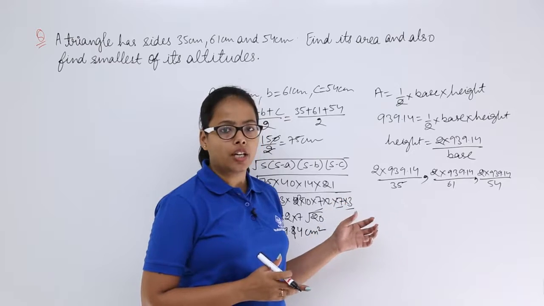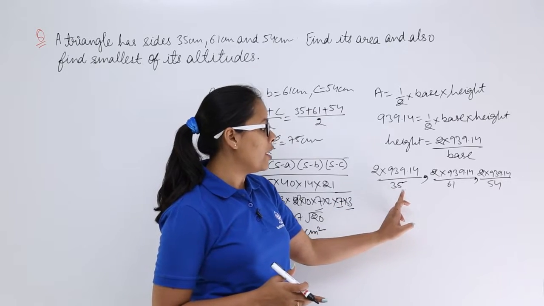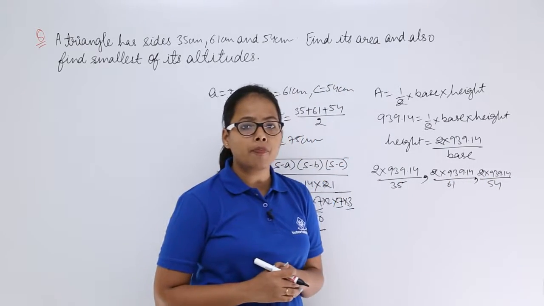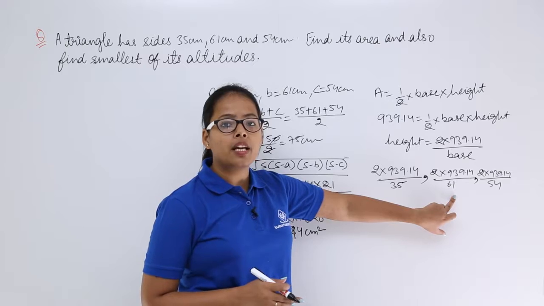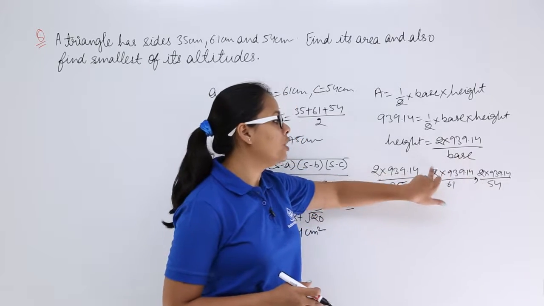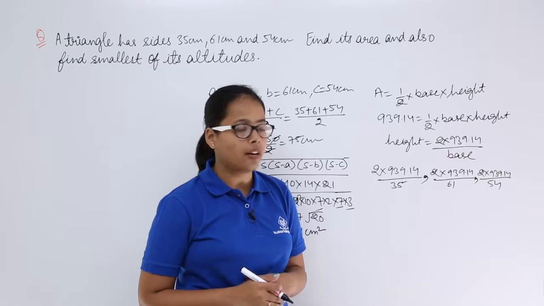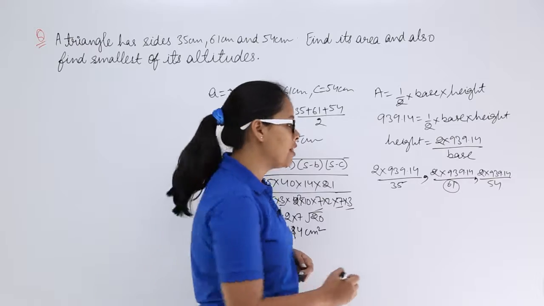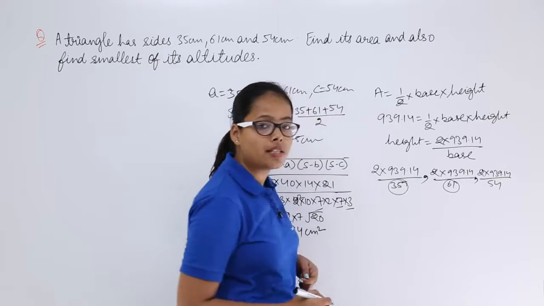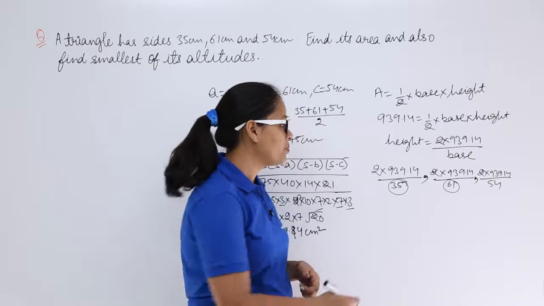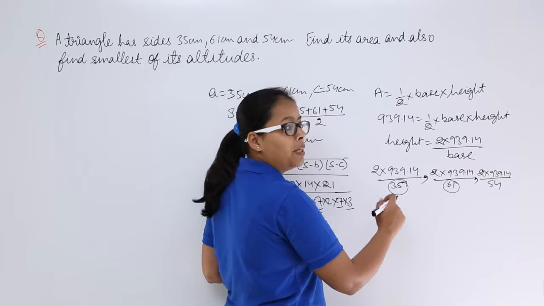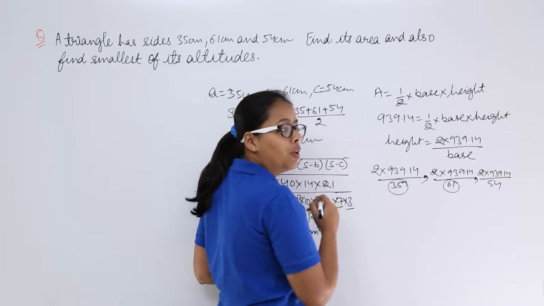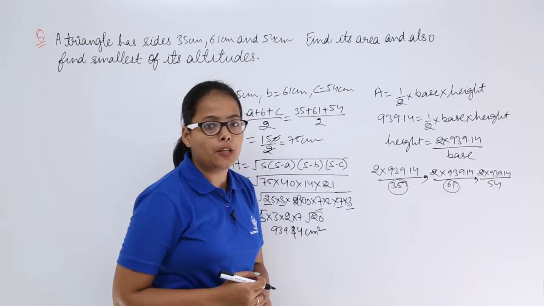So let me tell you a shortcut here. As you know, the denominator values here are 35, 61 and 54, and you can see all the numerator values are the same. So when the denominator value is the largest one, then that whole value is going to be the smallest one. So you can see here the largest denominator is in this case and the smallest denominator is in this case. So this is going to be the middle one. So here this value will be the largest one. Why? Because here the denominator value is small, so this whole value will become greater than the other values.